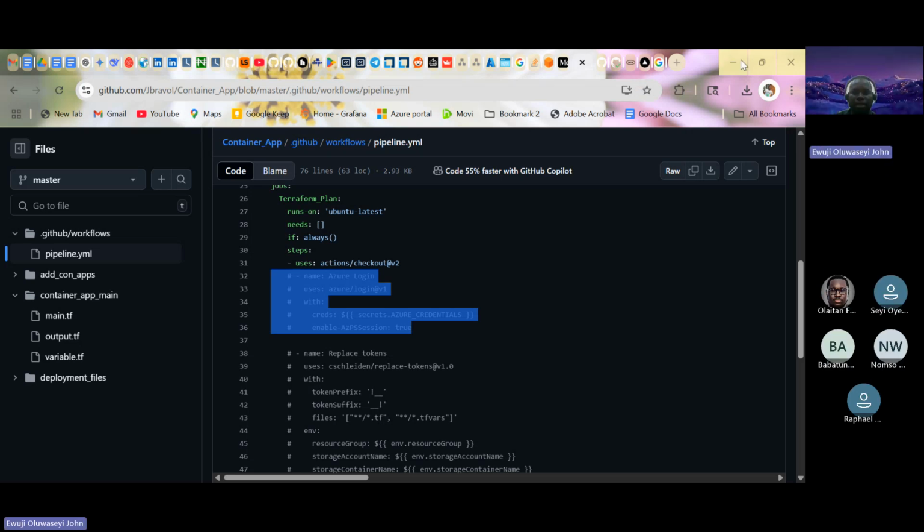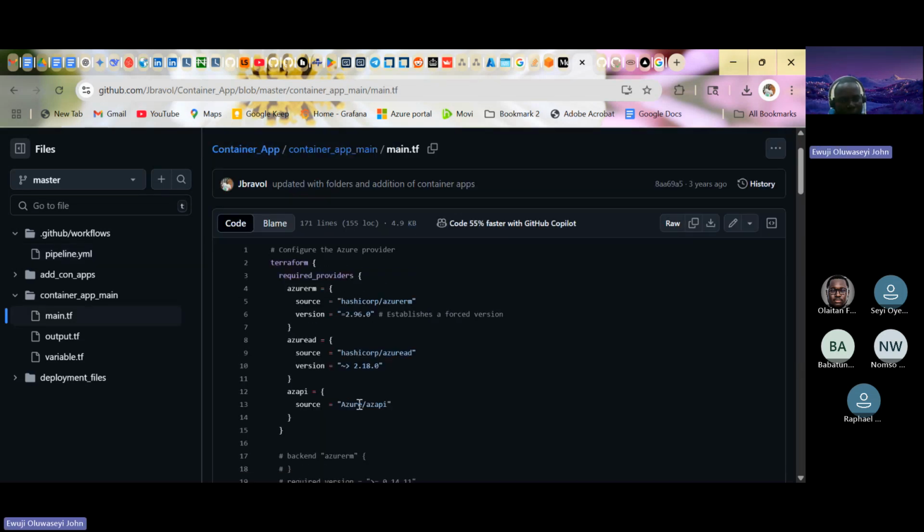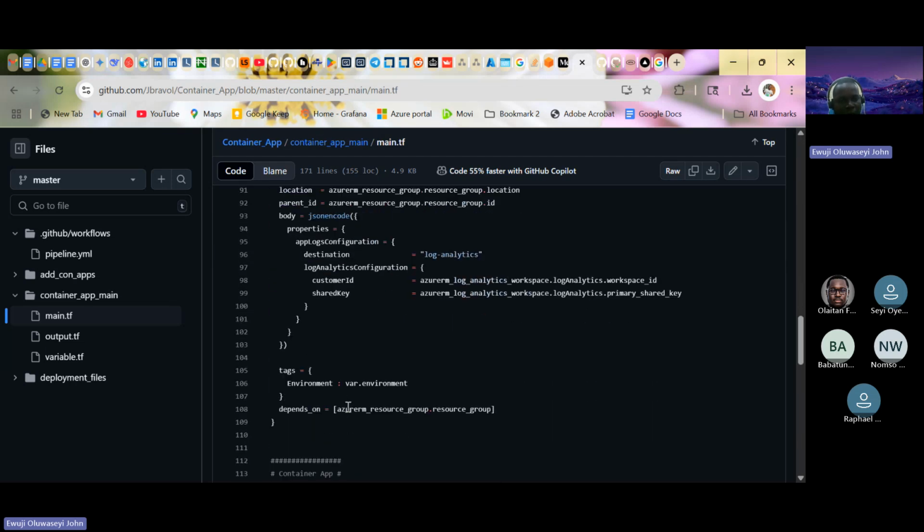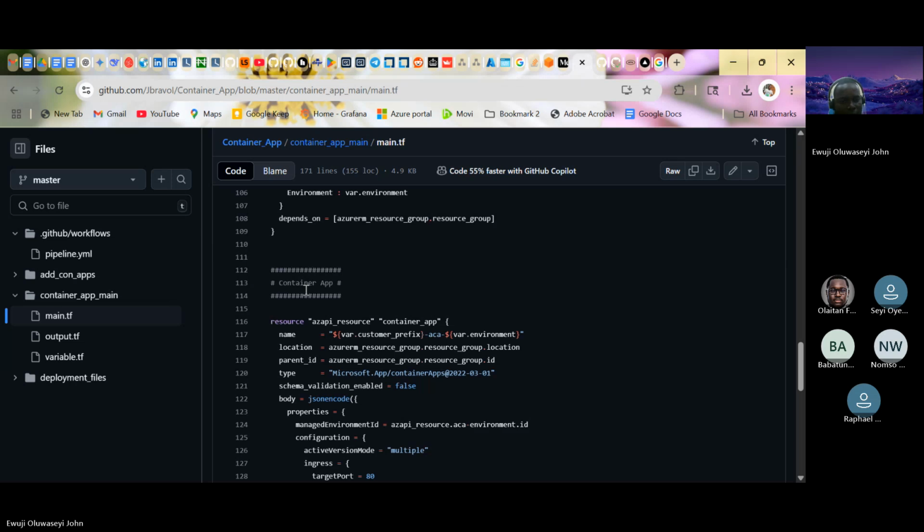Also, in the same light, if I am building a cloud infrastructure in Google Cloud, for instance, I'll be having my code referring to GCP. Do you understand? I'll be having it referring to GCP, and also the code we're talking about is Google Cloud infrastructure and so on. But for instance, here you can see everything here is like, for instance, you are seeing